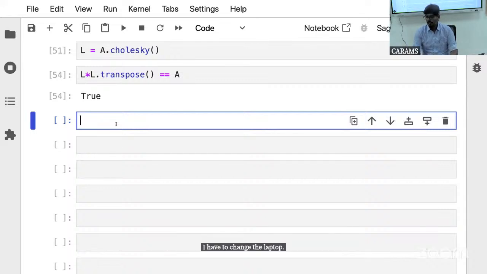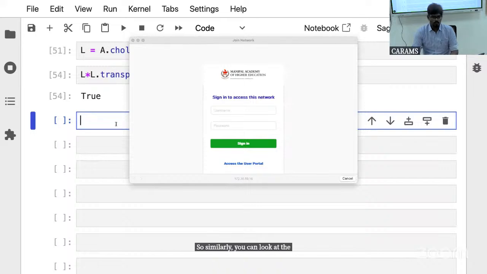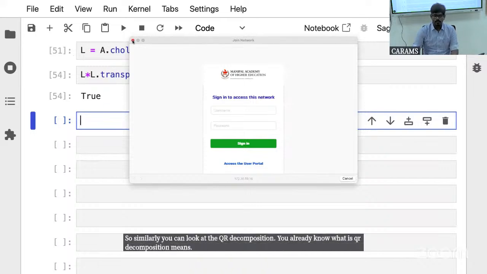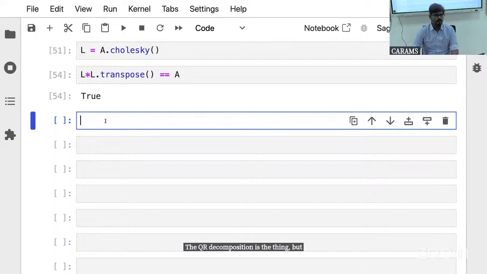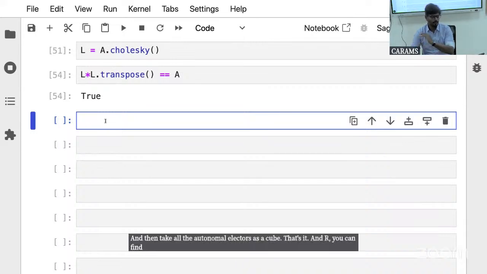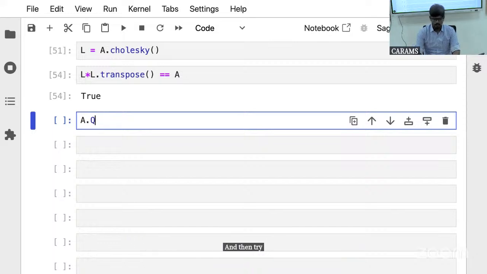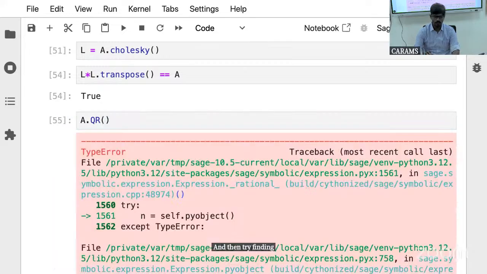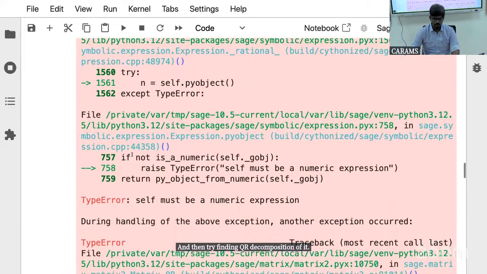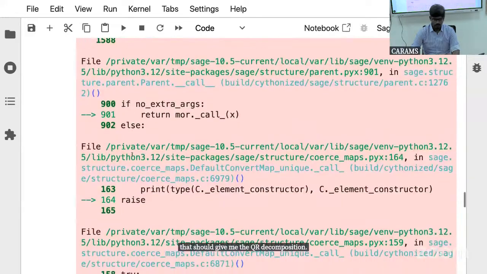Okay. So similarly, you can look at the QR decomposition. You already know what QR decomposition means. The QR decomposition is nothing but you just look at the corresponding orthogonal matrix and then take all the orthogonal vectors as Q. That's it. And R you can find appropriately. So you take any U and then try finding the QR decomposition of it. And that should give me the QR decomposition. What I have done here,